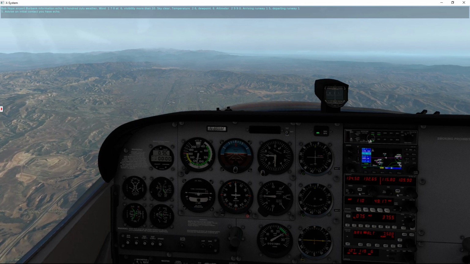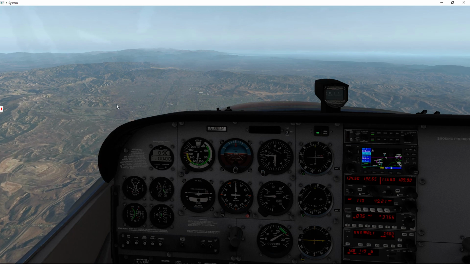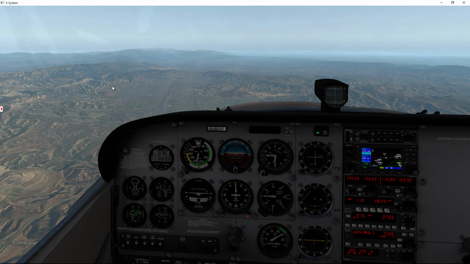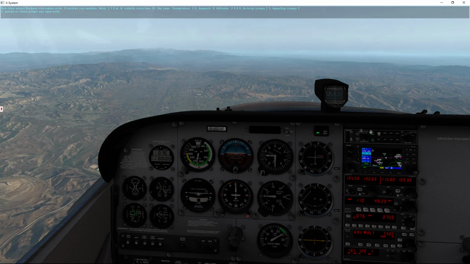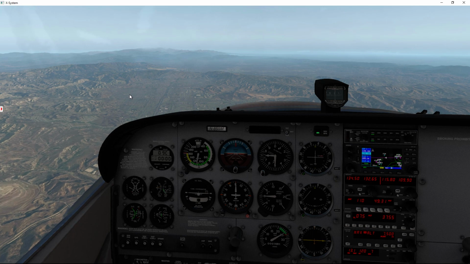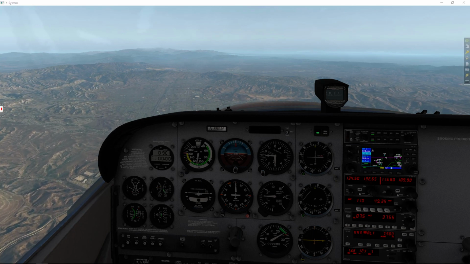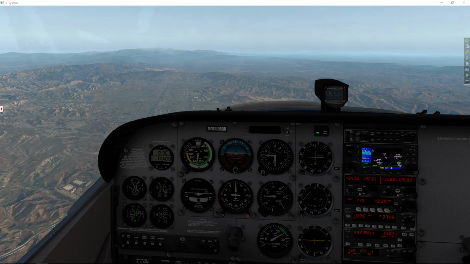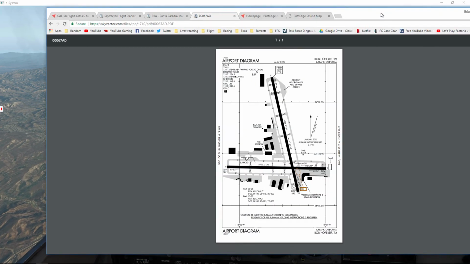Okay, so we just got the ATIS for Burbank. 2990, information Echo. Runway 15 is looking like the most likely candidate for landing, although in saying that, we could get something different. So, looking at this is